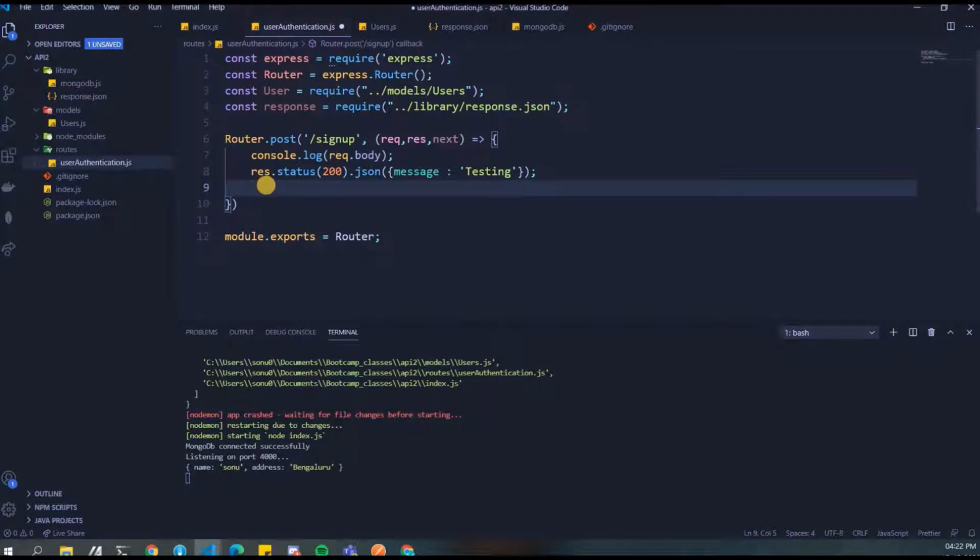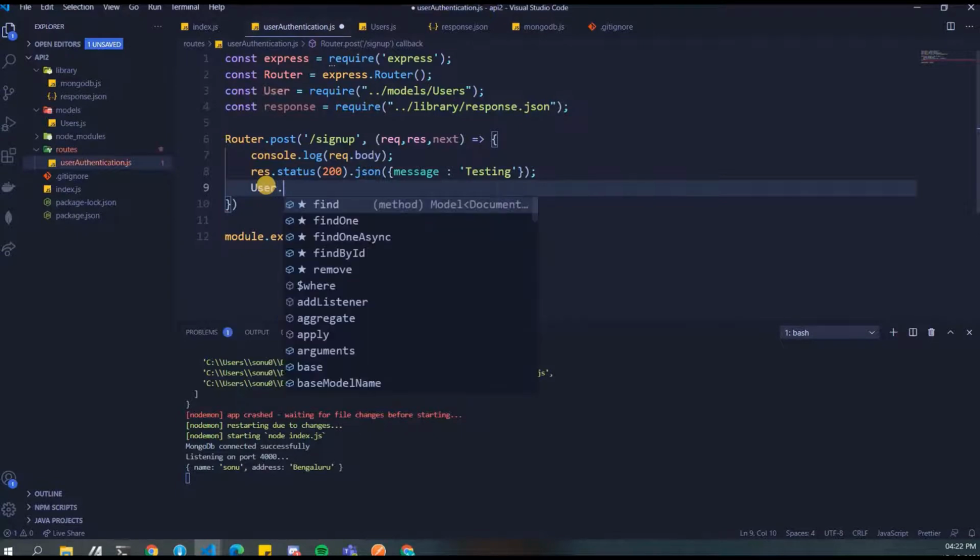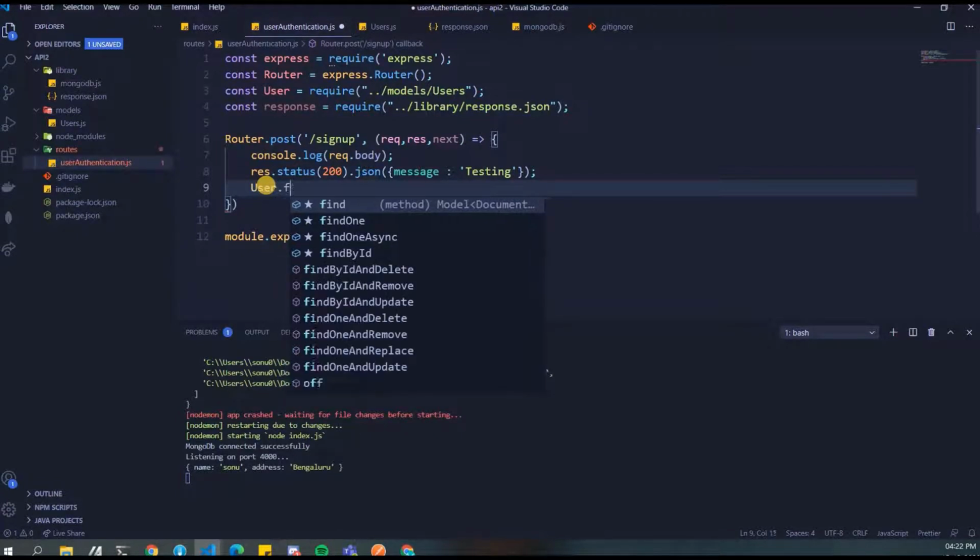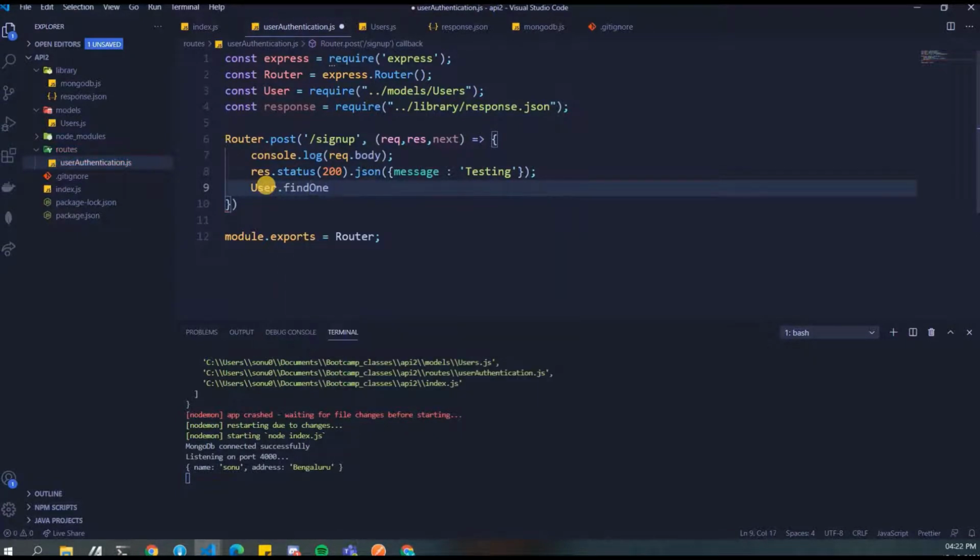So our first condition is to find in our database or model whether that user exists or not. So let's just go ahead and do user dot find one. You'll find all these functions in your Mongoose documentation. You can always search for Mongoose documentation.